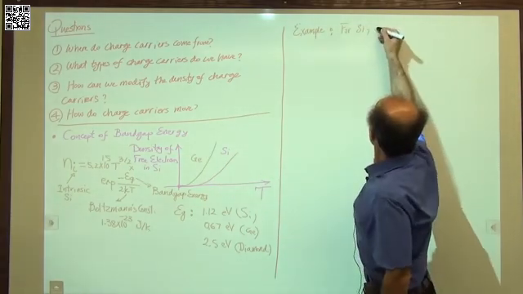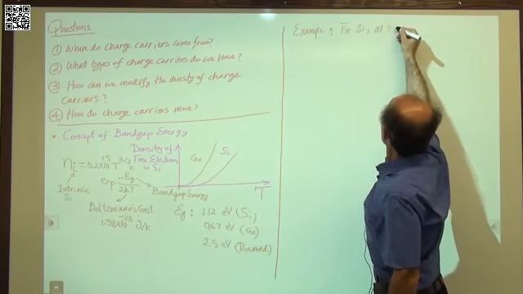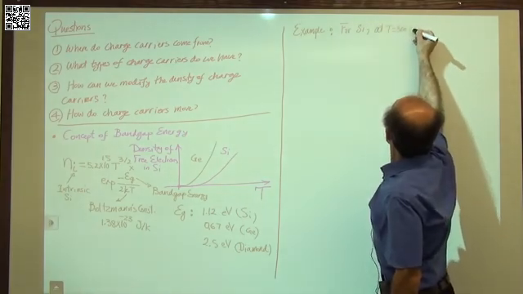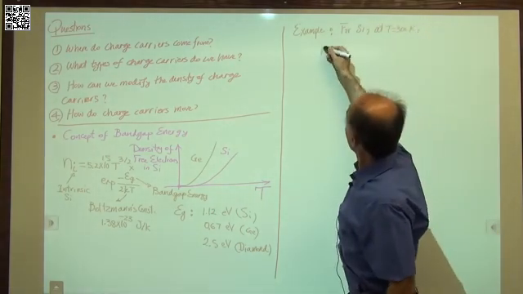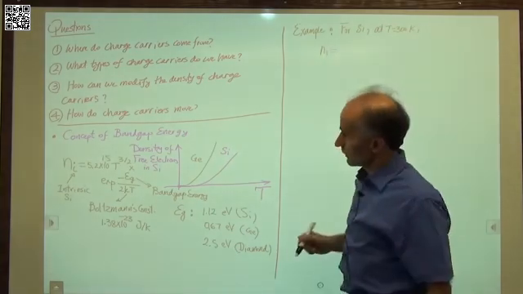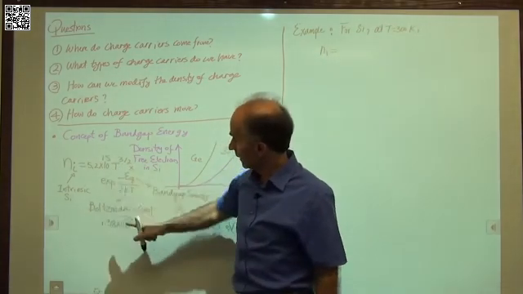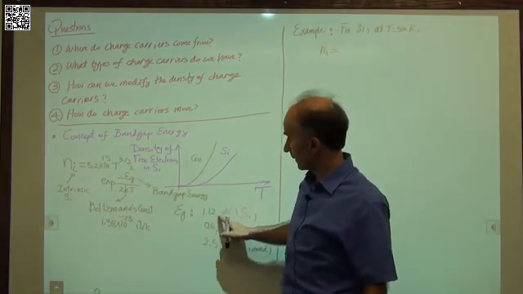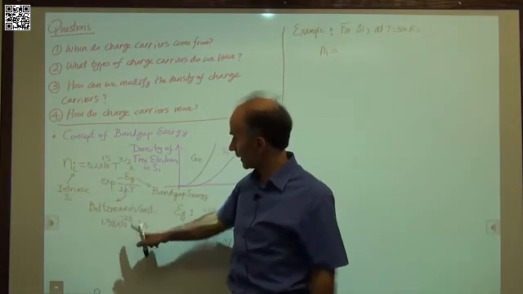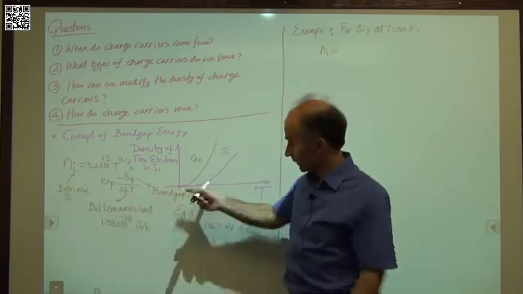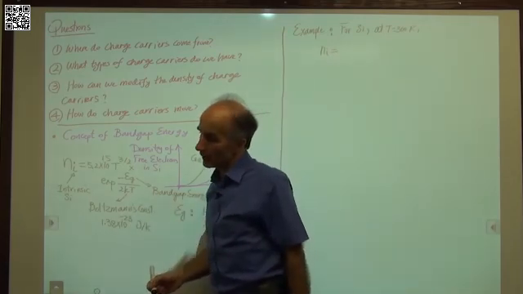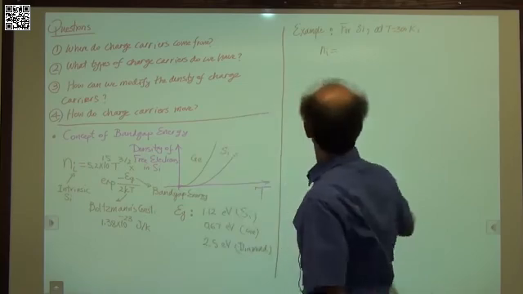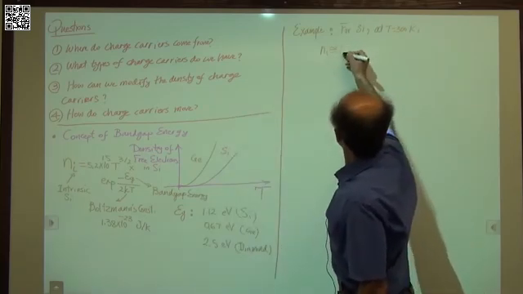So at T equals 300 Kelvin, we have Ni equals, so we place 300 here. Eg is 1.12 electron volts. You have to worry about these units, etc. K is this much, T is 300, do the calculations, and Ni comes out to be approximately 10 to the 10